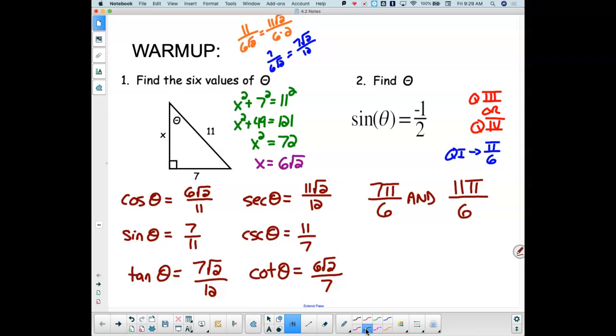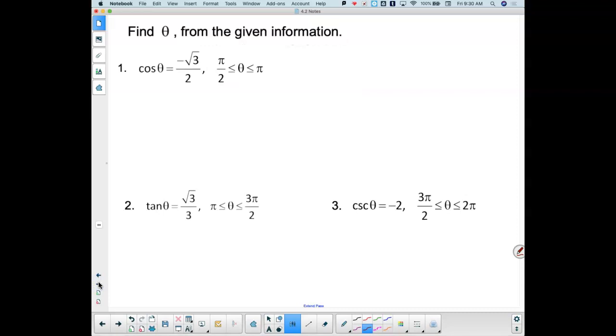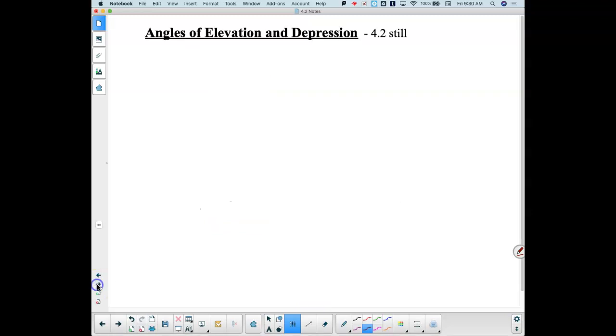Okay. And we got to give them both because we didn't have any extra classifications on that. What I mean by that is we didn't have an extra condition that said limit it to this range. Or like this, where we limit it to this range or limit it to that range. Things like that. Okay? So today then, the real focus of today is I want to get going on some